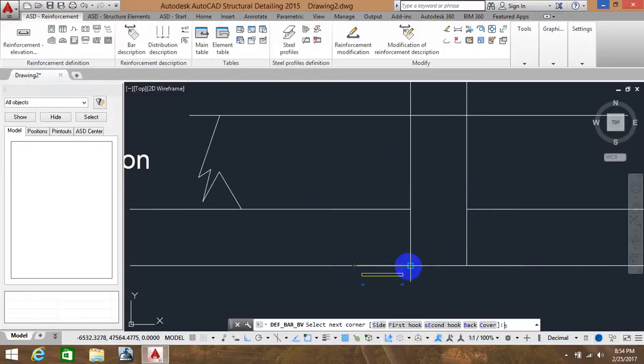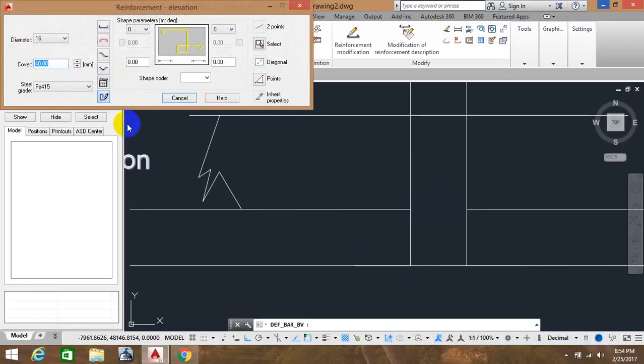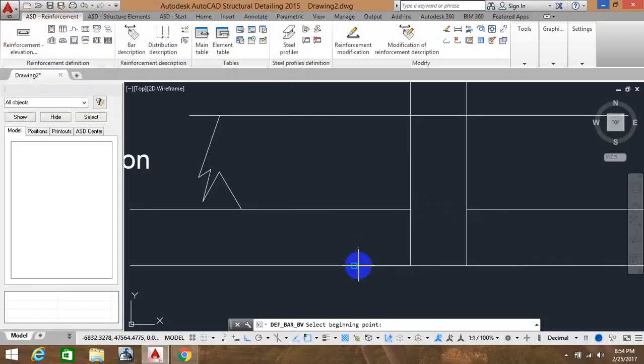Here you can see S enter side to change the side of clear cover. So I'm just clicking over here and going upward. You can see it clearly, S enter side to change the side. Sometimes it will be a little bit difficult if you forget to change the clear cover at the time when you are taking a bar. So I'm just going to try it again. Here with S enter you can change the side, and again over here clicking S enter side, and now okay,